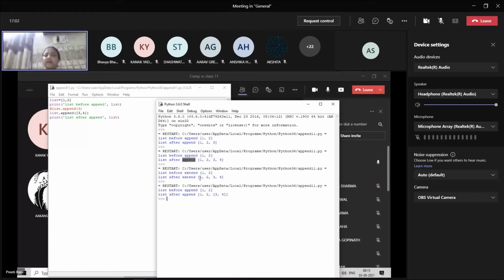In the last one for extend, it was giving values in a particular order in the sequence.